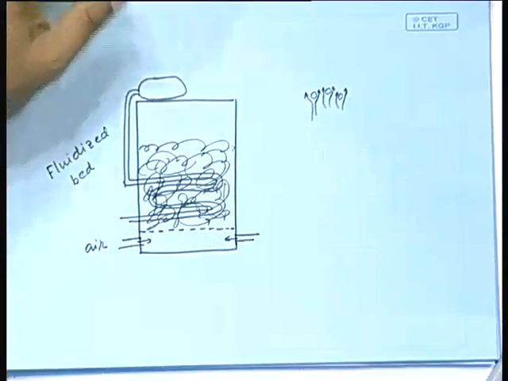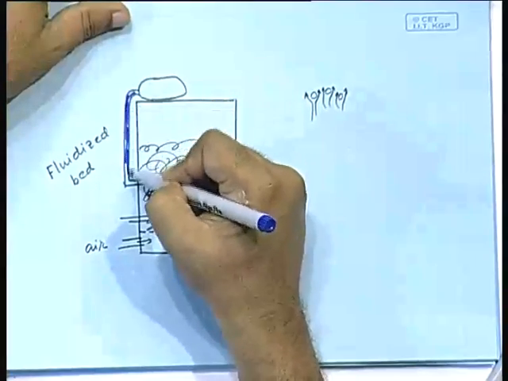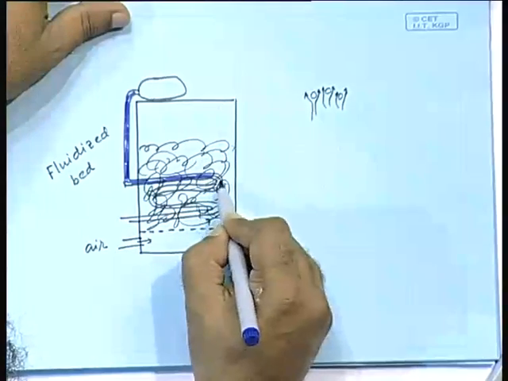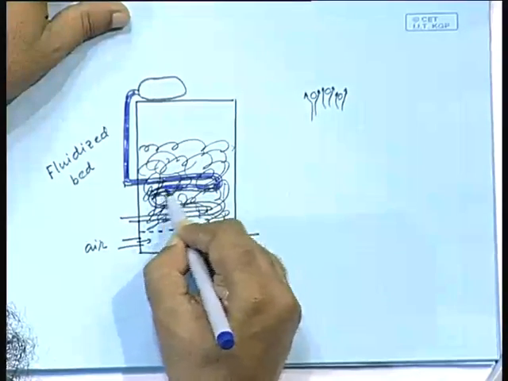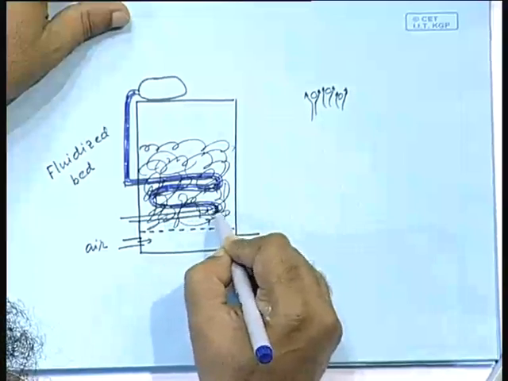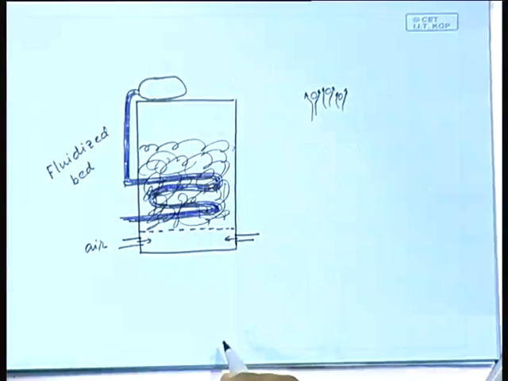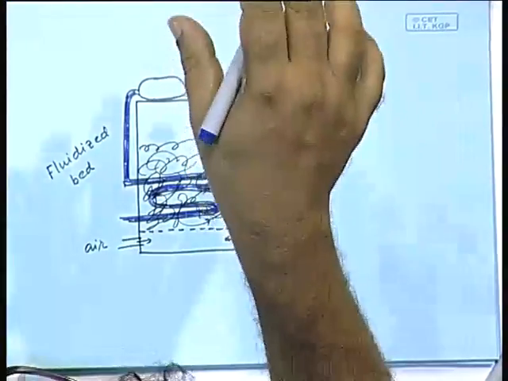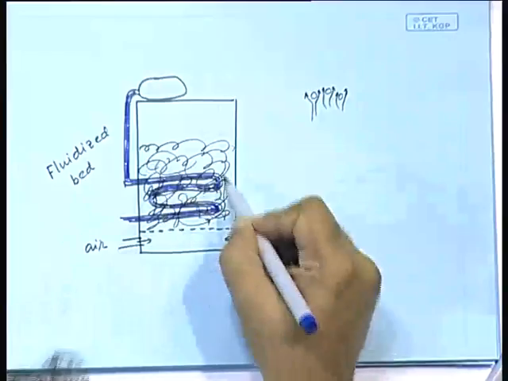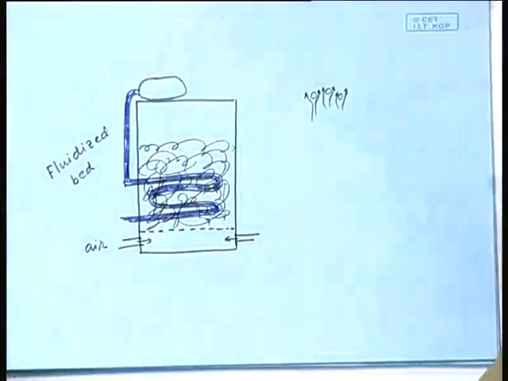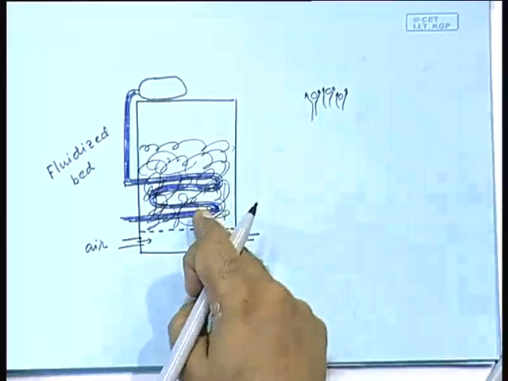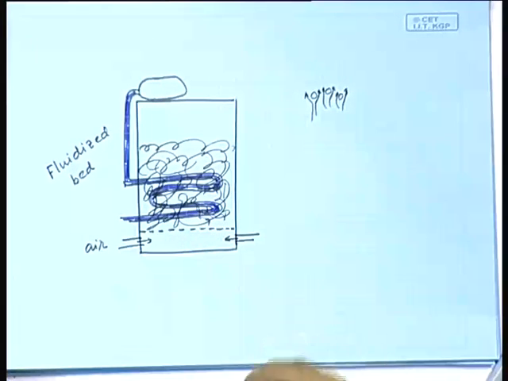Can you see? Let me draw. You can have the tubes inside the boiler. As a result, the moment heat is generated you are taking it out, you do not allow the temperature to go beyond the point at which NOx forms. So the temperature here would be lesser than inside a pulverized coal boiler, and you can then arrest the production of NOx.